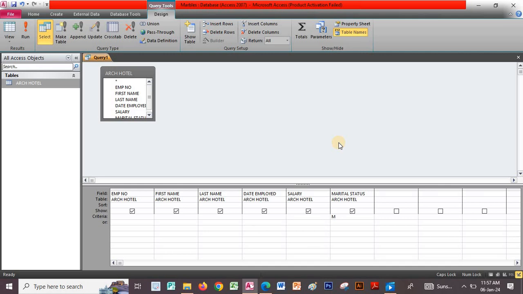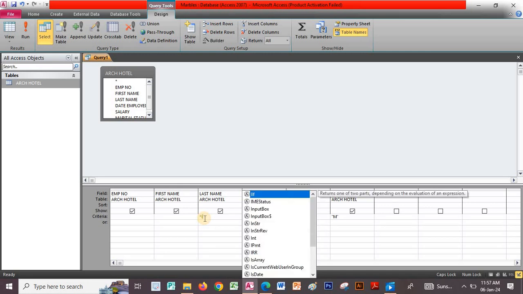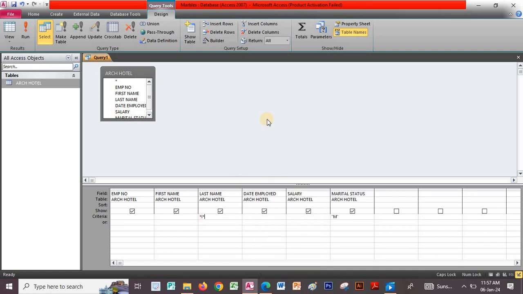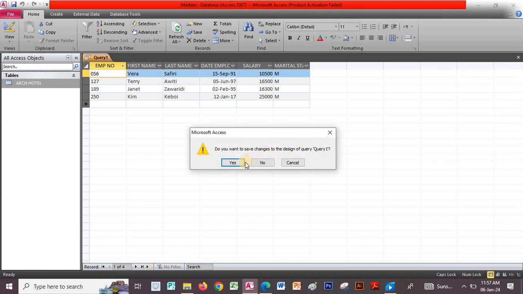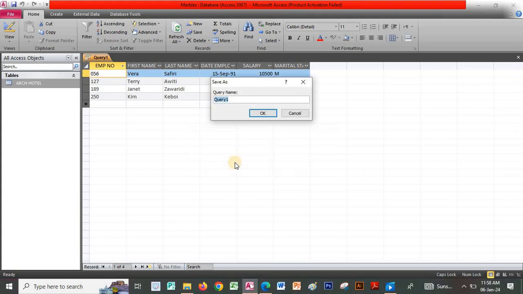and then whose last name has character I. So we go to the last name, we insert star, shift 8, letter I, then star, because it is not specific. So you start with star, I, followed by star. So the I is in between the two stars, then you click on run. So you can be able to see that the last names have character I in their letters, and the marital status is that they are all married. So you can close and save it as family. So you write family,